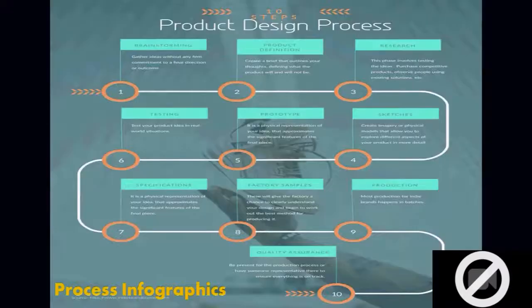And the next one is the process infographic. Process infographics usually make use of flowcharts, diagrams, and even timelines to guide readers through a series of steps or to help simplify the decision-making process. For example, in the liquor industry, there is the preparation of liquor. There are so many processes. We can indicate each step in the process by using process infographics.